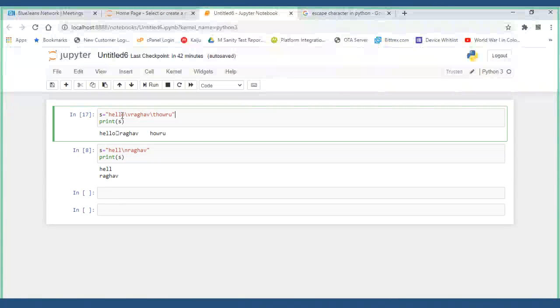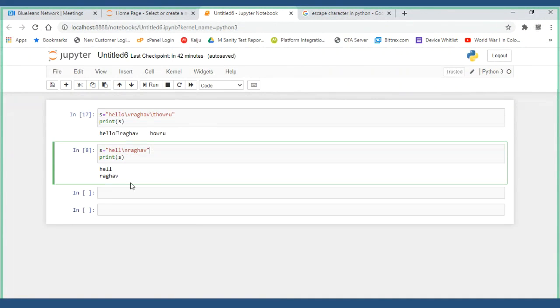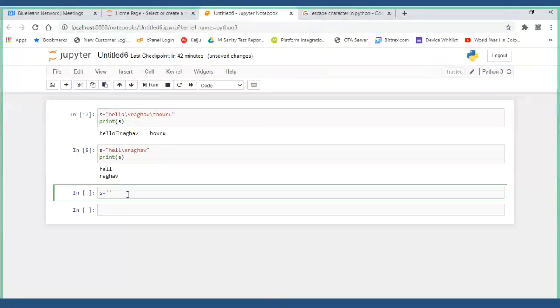We use /n, /t, and say for example I am giving s is equal to, hello Raghav, this is yours. Is this yours, something like that?